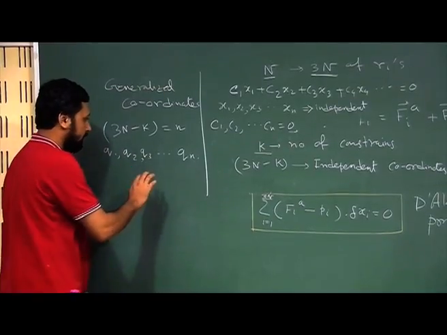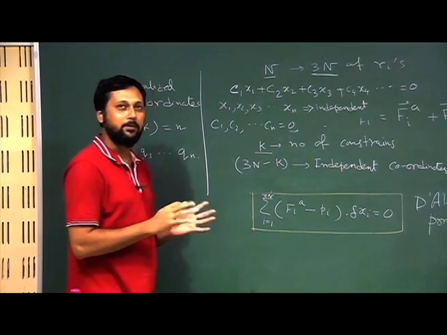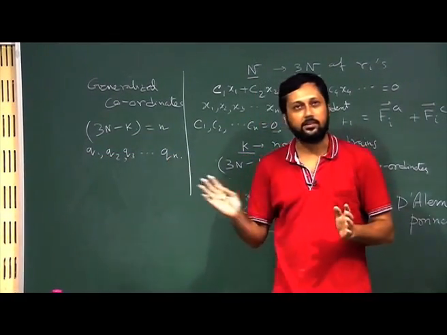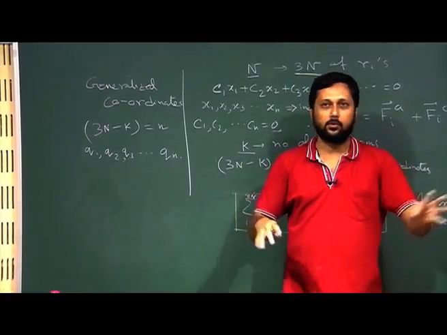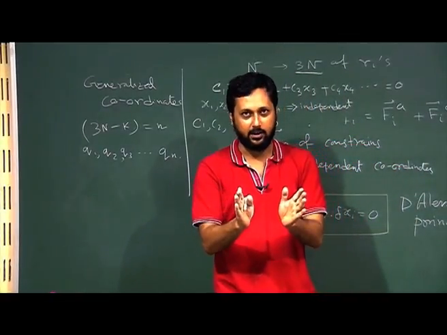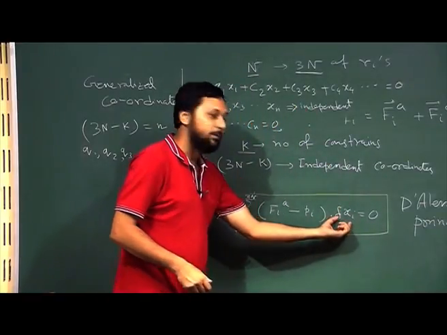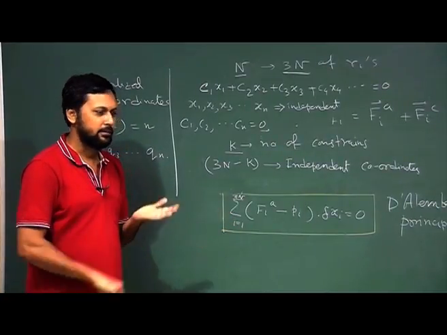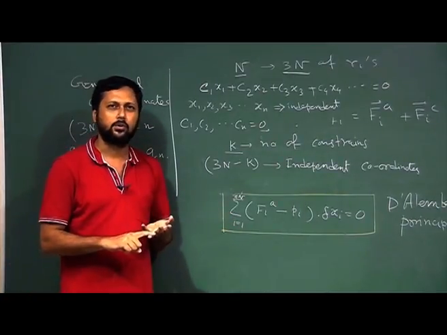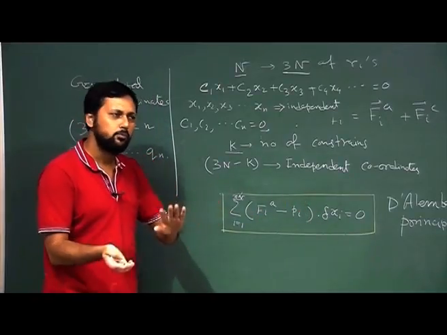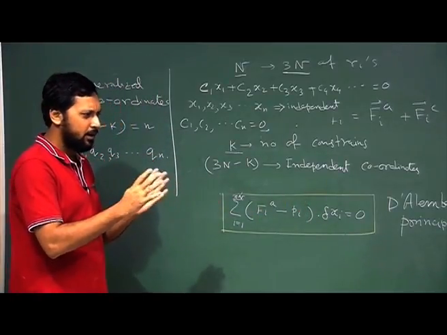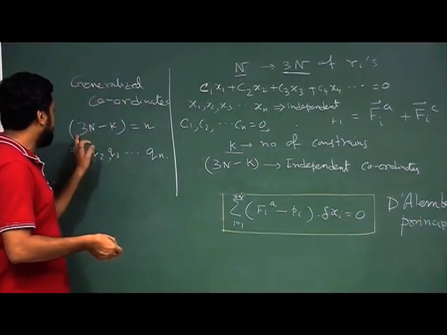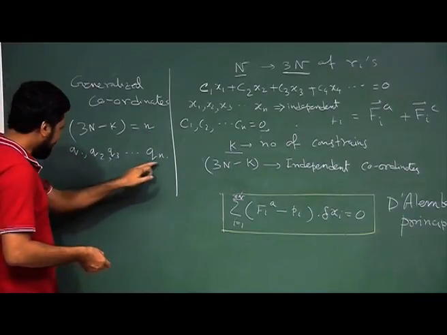It is not that there does not have to be some connection. We cannot just define these q1, q2, q3, qn's just like that. I cannot just say this is one coordinate, that is one coordinate. There has to be some relation with the existing non-independent coordinate system. So, let us assume these are our orthogonal coordinate systems, either spherical polar or standard orthogonal coordinates. We want to move into a set of independent coordinates, at par with the number of independent coordinates required.